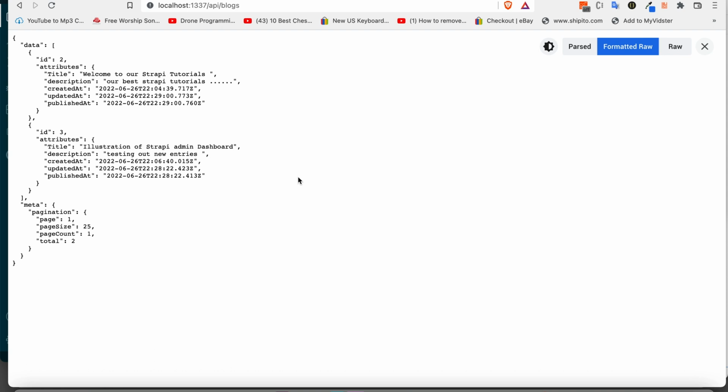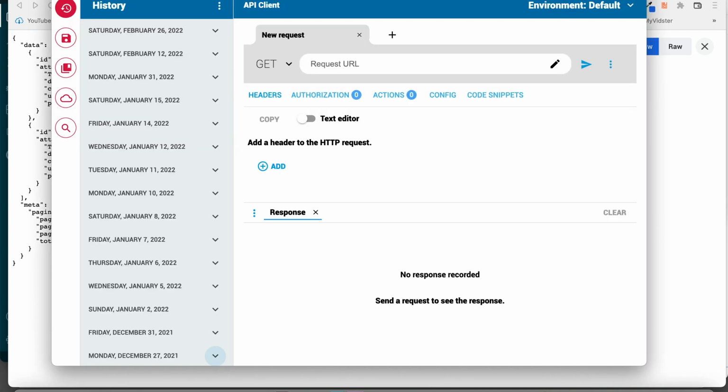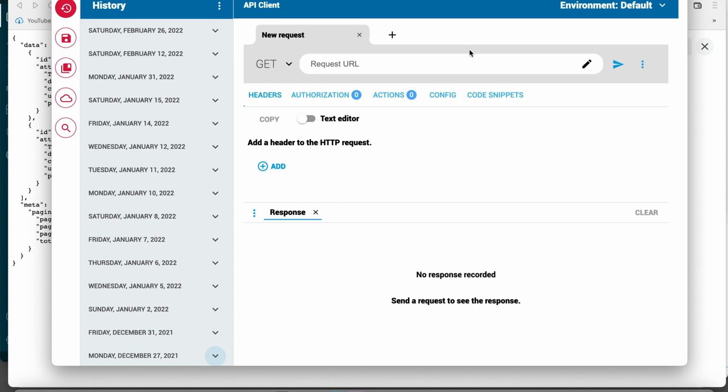An example of such tools, we have Postman, and we have Advanced REST API tool, and many more. But in this video, I'm going to use Advanced REST API tool for us to test our API. Alright, let's head to our tool and see how we can do that. Okay, right here I've opened my tool,